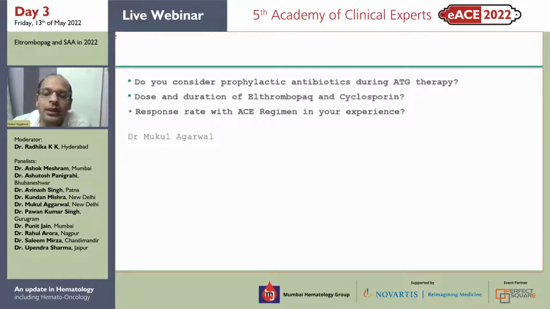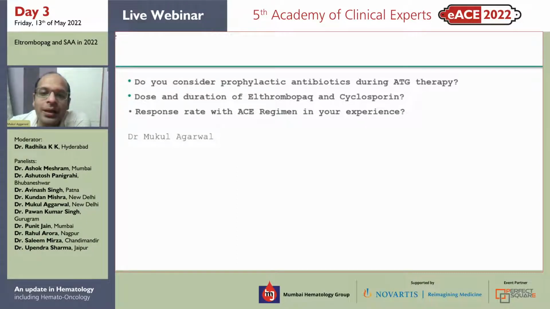Antibiotic prophylaxis. Routinely antibiotic, no. Antiviral acyclovir at least for the first 1 month. Antifungal preferably for the first 1 month, and ceftriaxone for the first 1 month. At least that is the time when the patients are on steroids or on tapering doses of steroids, or may have an increased incidence of serum sickness, at which you may have to increase the steroids again.